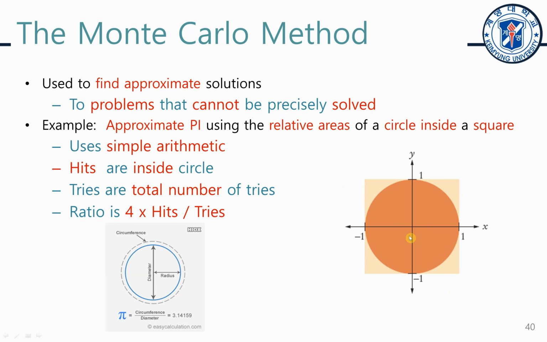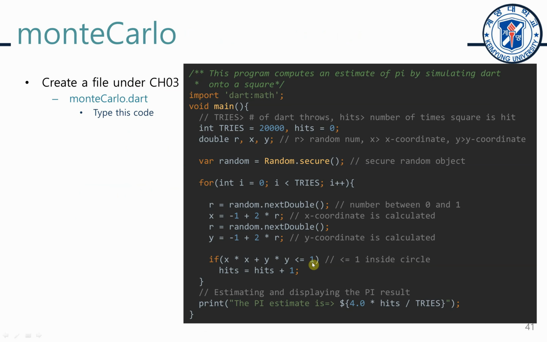So if you do this thousands of times, and then you count the number of tries, like how many times you try, and the number of hits, and then you divide this ratio and multiply by 4, you can have some number that is similar to pi. So you can have a program to simulate this. That is called the Monte Carlo simulation. You can see that the number of tries is 20,000 times, and